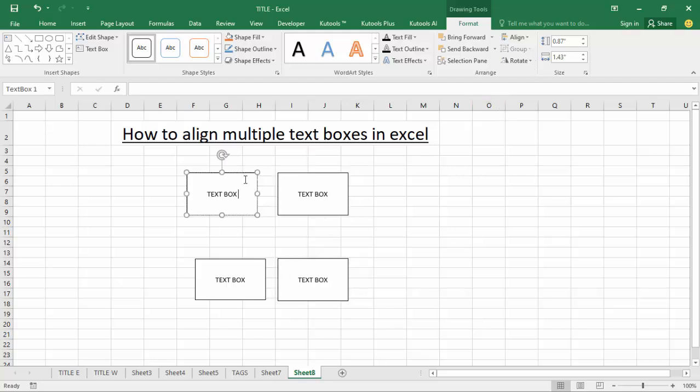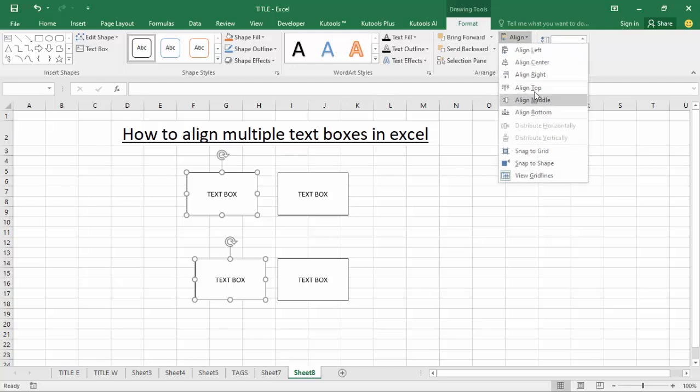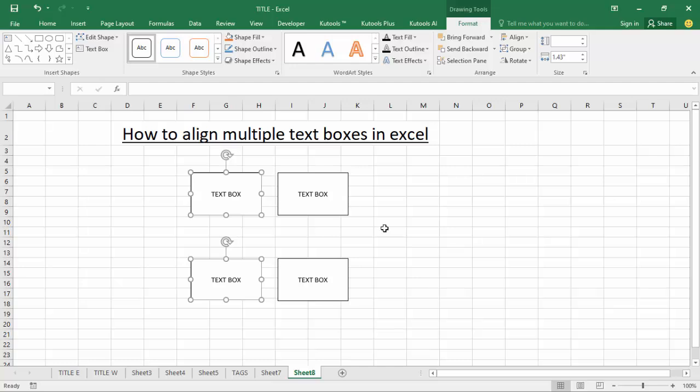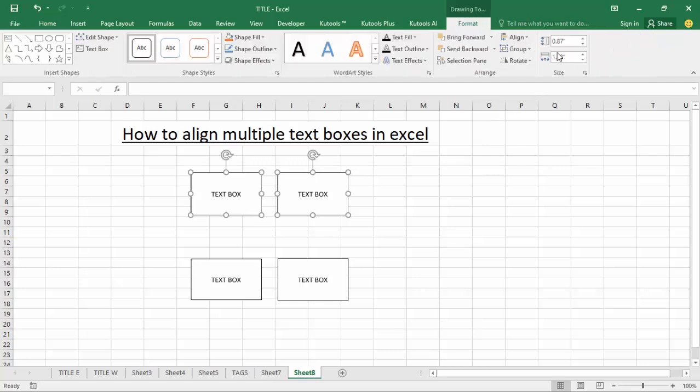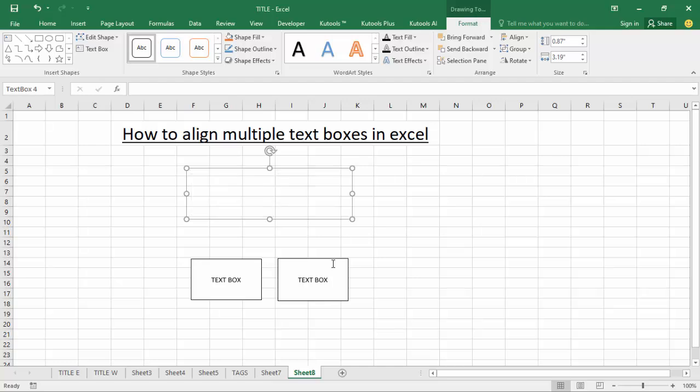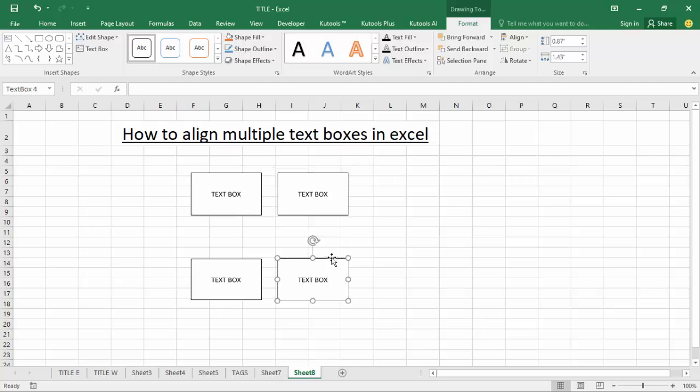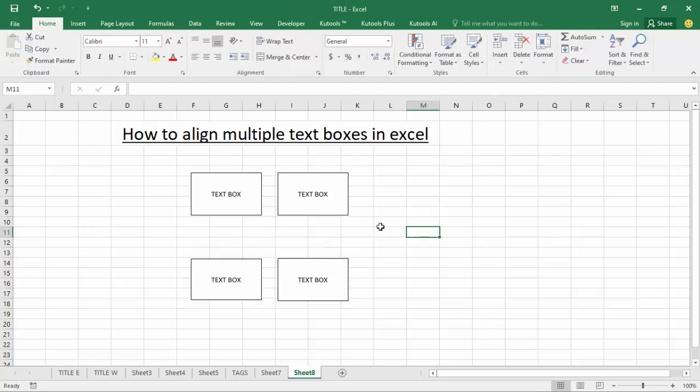again align center, hold Ctrl, format, click the group, again group,